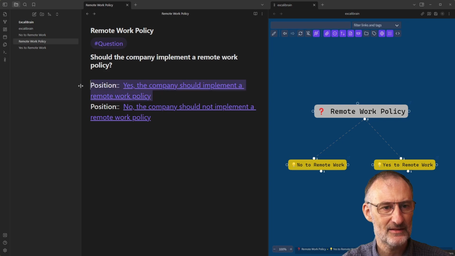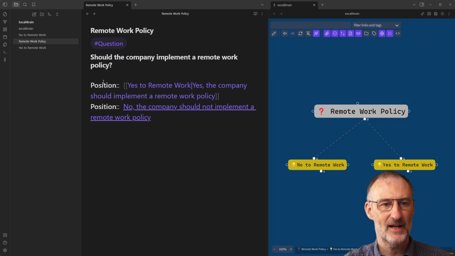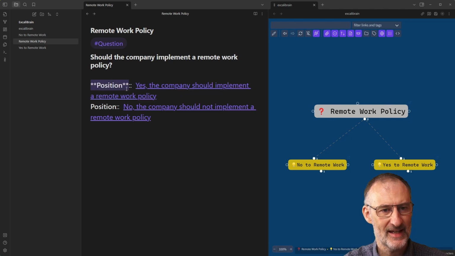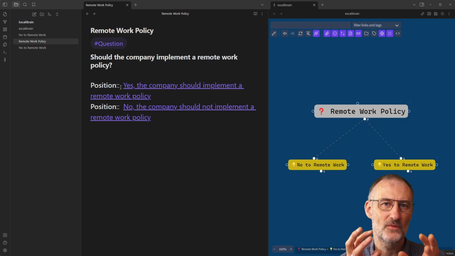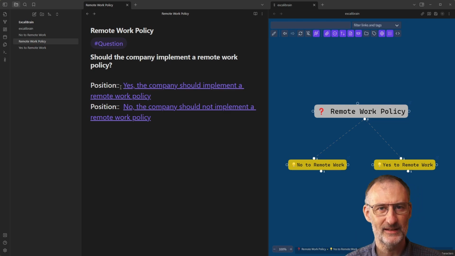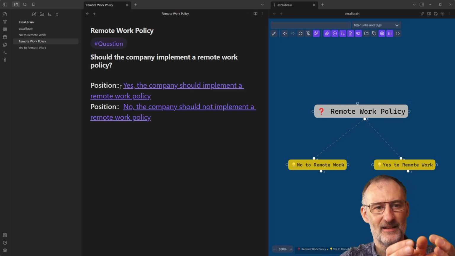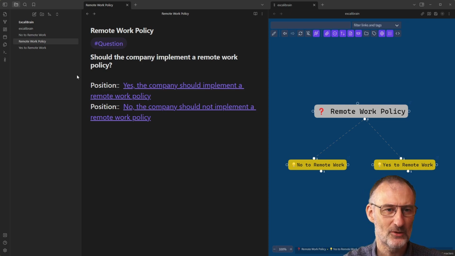So you can see here in this row that I have something that's going on here. I have here position, and I have double colons here, and then I have the name of the file. This right here, this position double colon, is called a Dataview field, and ExcaliBrain is using these fields to understand the ontology, which is the description of connections between items. So this is what describes the relationship between this document, the question, and this item here, which is a position. So to make ExcaliBrain recognize this ontology,